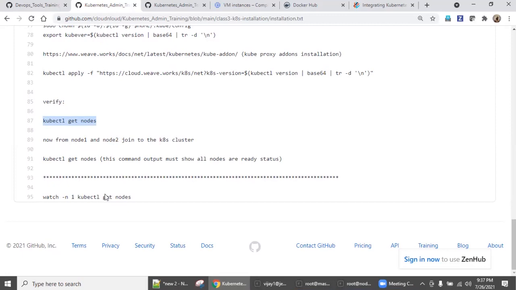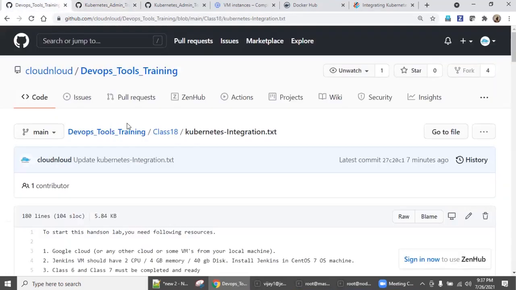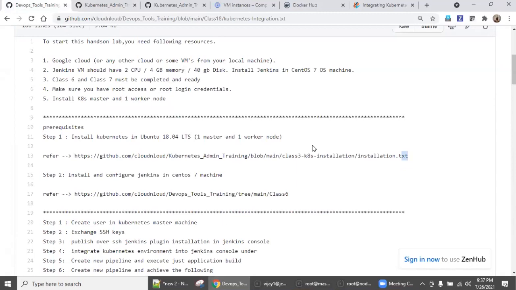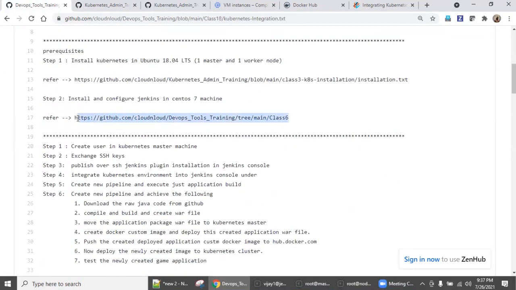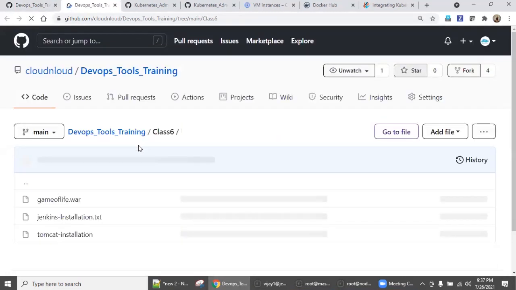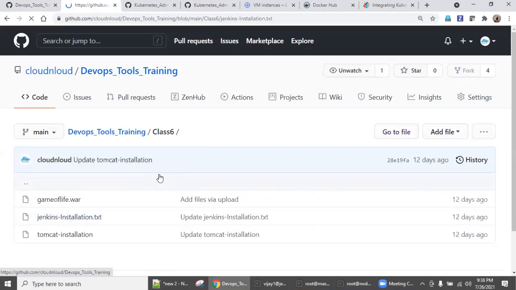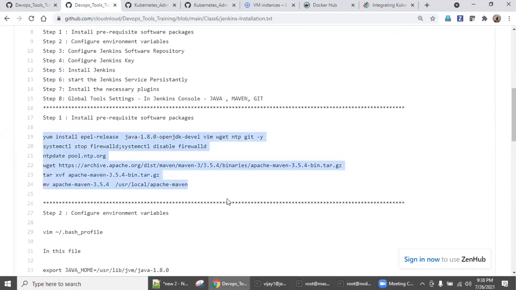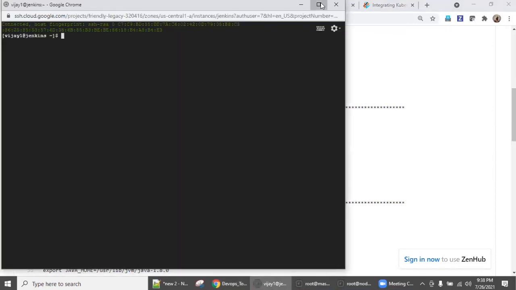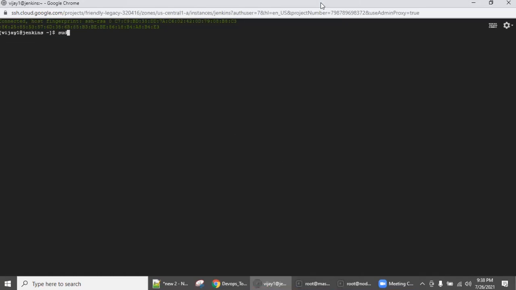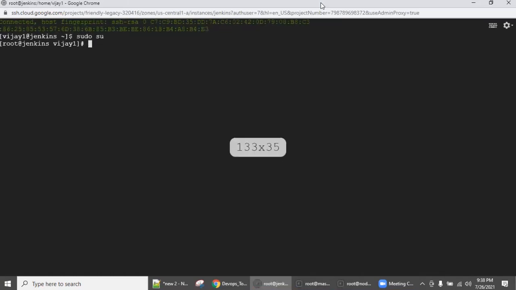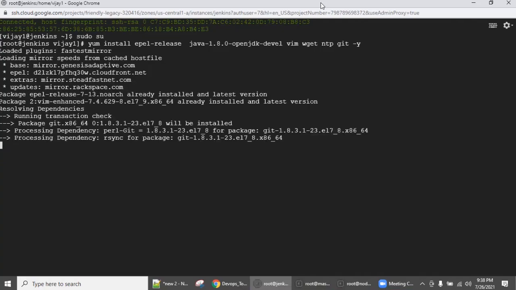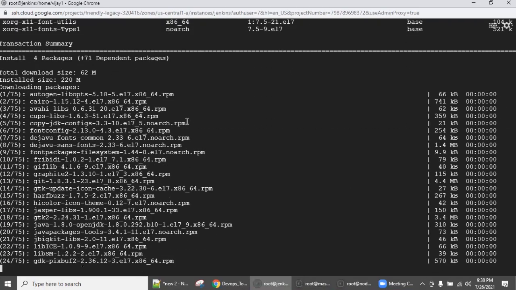Now what we have to do is go back to your actual DevOps, come down. This step is over. Now go to the Jenkins machine. You need to install Jenkins. So you have the link, go to this link and configure the Jenkins installation, right? Configure, install one by one. So it's pretty much straightforward. Copy this, go to the Jenkins machine. This is my Jenkins machine. First we will switch over as root, enter it and copy, paste. These are all.